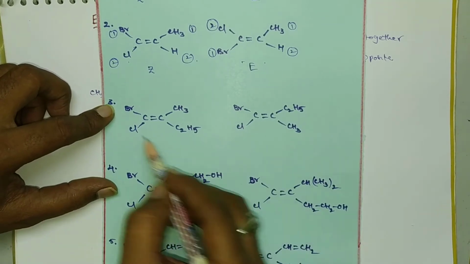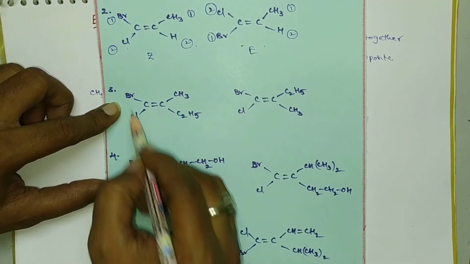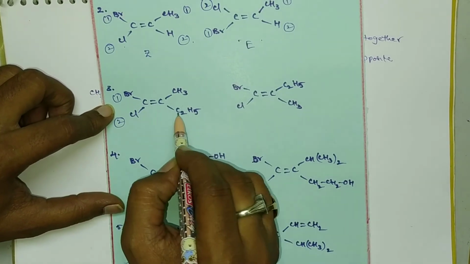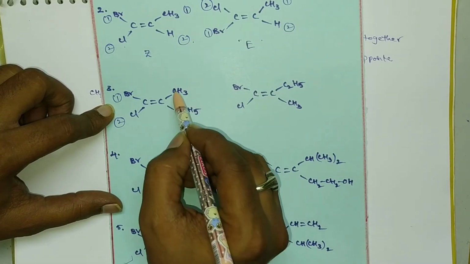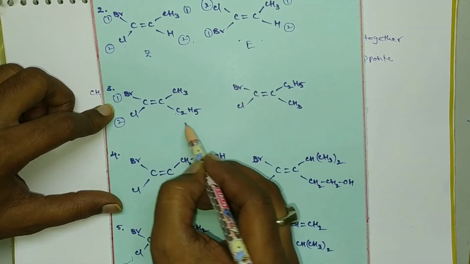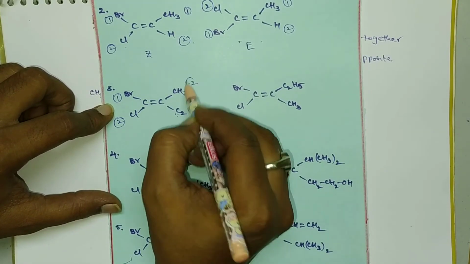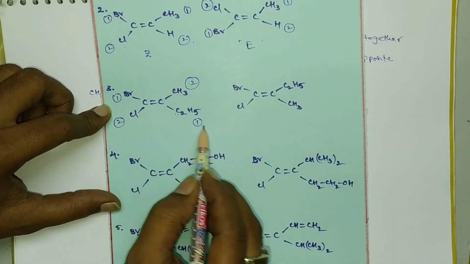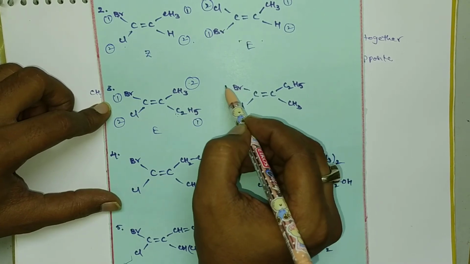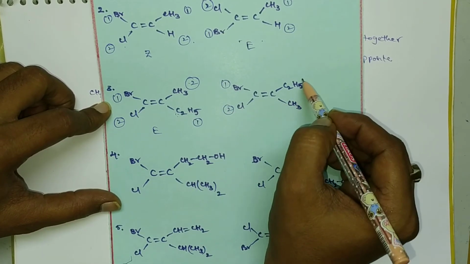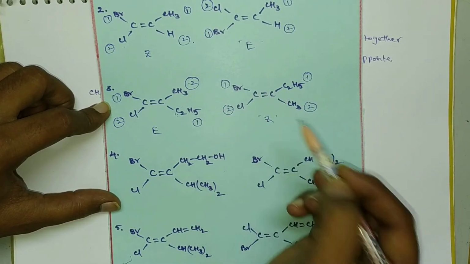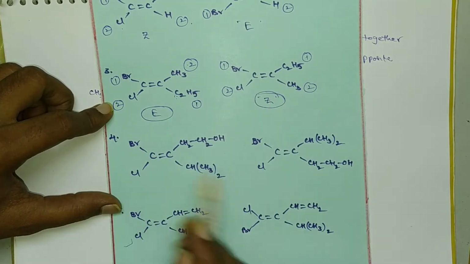Likewise we can assign these also. In the first one, bromine is 1 and chlorine is second. Here an ethyl group is there, and here a methyl group is there. Both have carbons, similar elements. If similar elements are there, we have to go for the next element. So this will get highest priority and this will get lowest priority. Here 1 and 1 are present on opposite sides, so it is E. And here, bromine 1, chlorine 2, C2H5 1, CH3 2, so it is cis configuration. Cis means Z here.